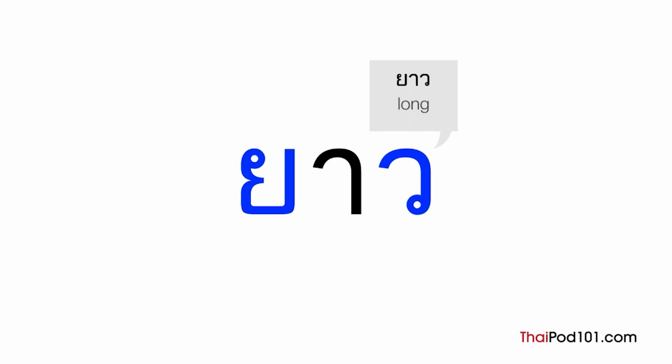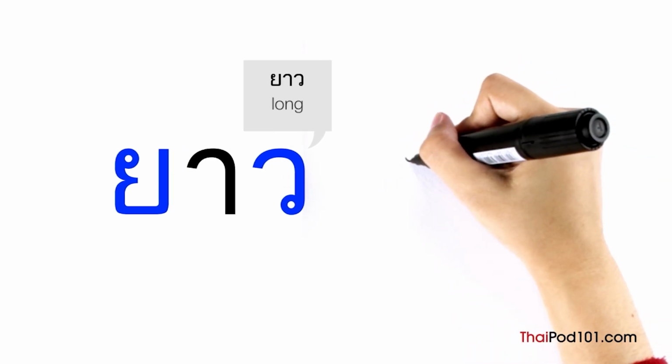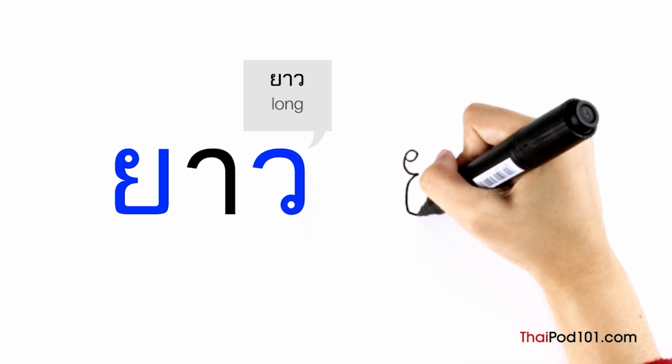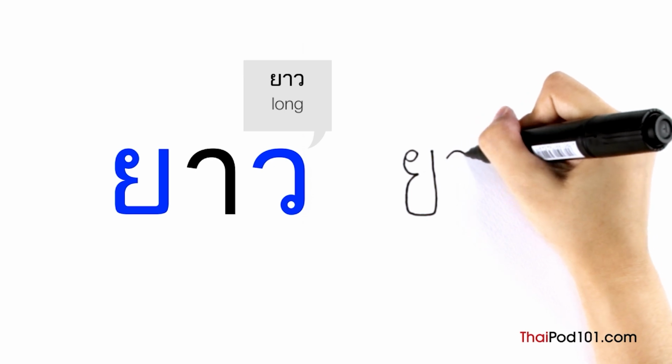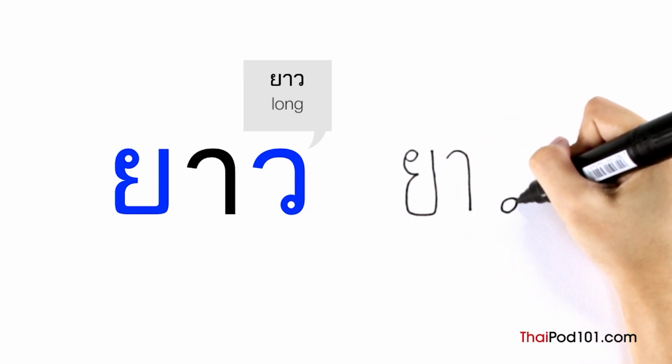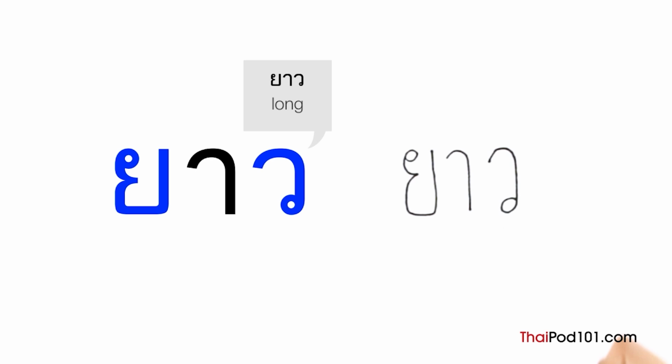Your turn to write it. ยอ ยักษ์ สระอา วอ แหวน ยาว